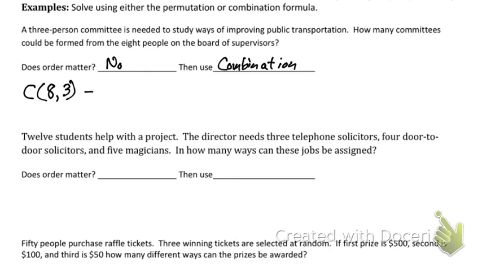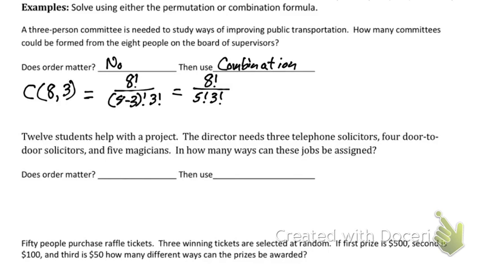All right, so now plugging this into our formula. Same kind of principle. We take the bigger of the two numbers. That would be our 8 factorial. It'll be all over 8 minus 3 factorial times 3 factorial. Simplifying this, we could have 8 factorial over 5 factorial times 3 factorial. Let's do this one by hand, or as much as we can by hand,